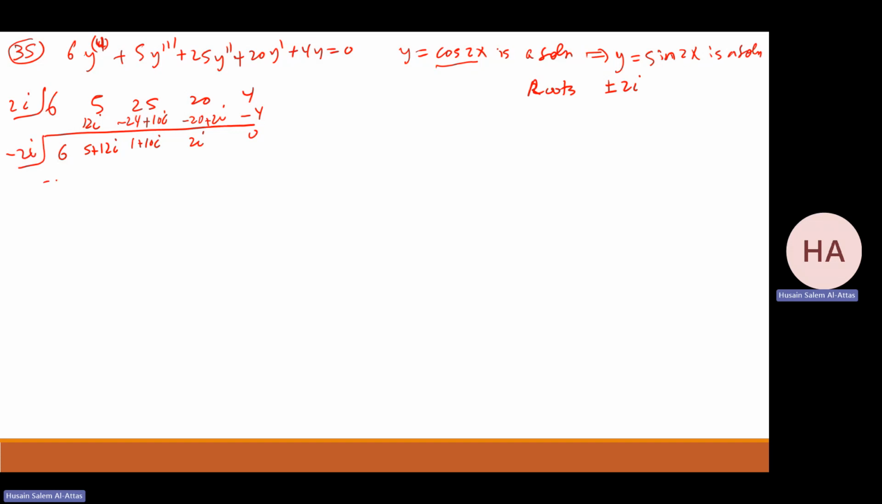Now I will do minus 2i. 6, I have minus 12i. 5, minus 10i. 1, minus 2i, 0. This is what I'm looking for. So this one,